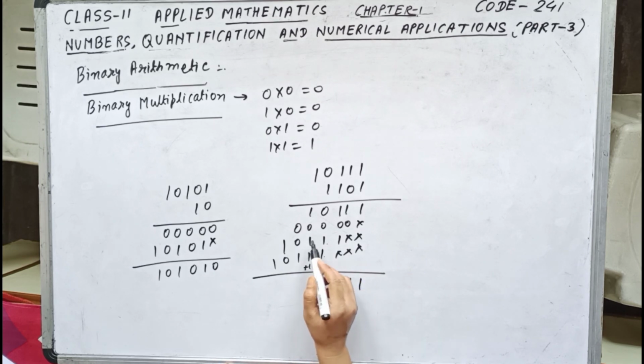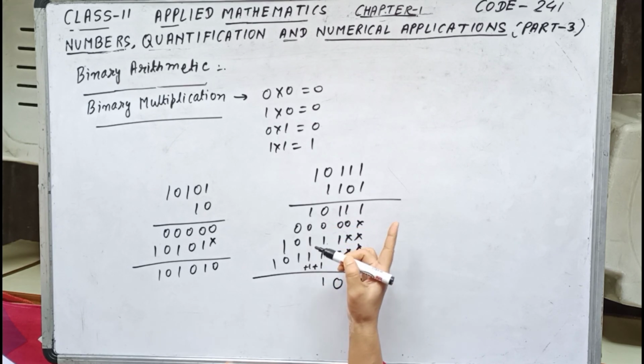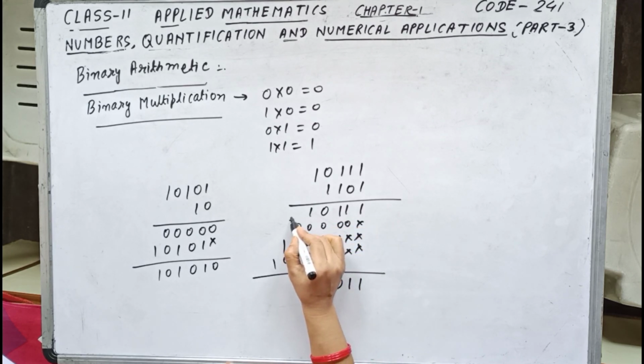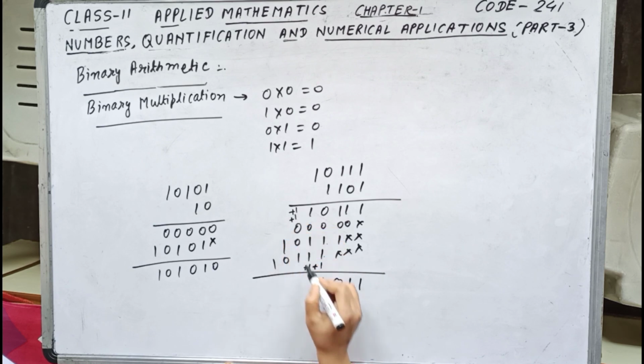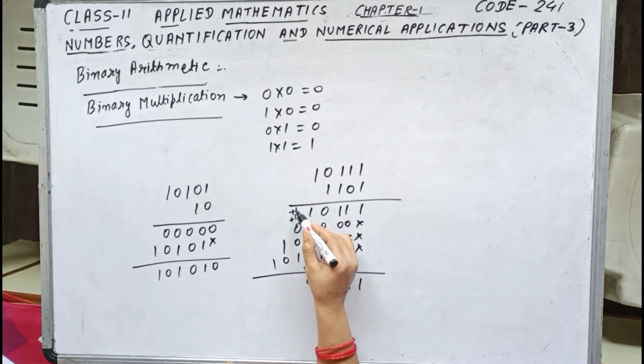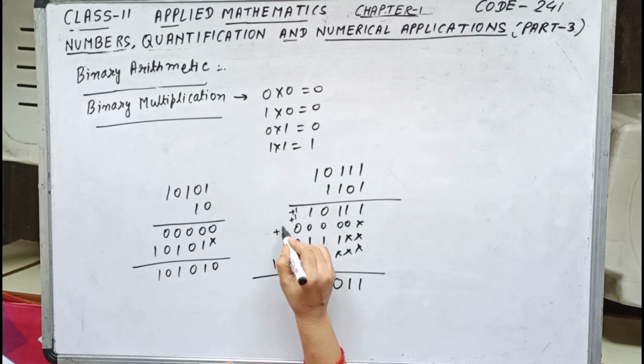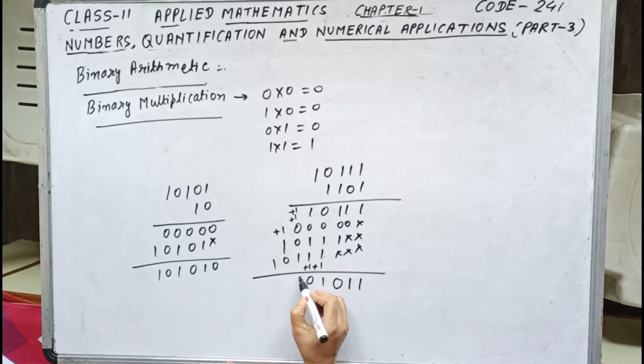Okay. Now again over here 1 plus 1 is 0. Over here plus 1. Again 1 plus 1 is 0. And 0 plus 1 is 1. 1 plus 1 is again 0. So plus 1 over here. Okay. Now this 1 plus 1 is 0, so plus 1 shifted over here, and 0 plus 1 is 1. Okay. Now this 1 plus 1 is 0 and plus 1 shifted over here. So 1 plus 1 is 0 and 1 shifted over here.